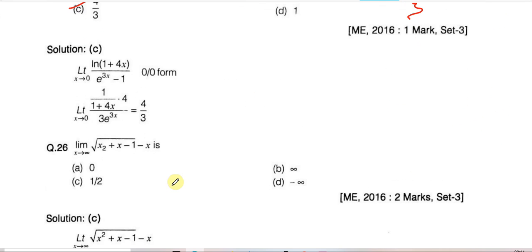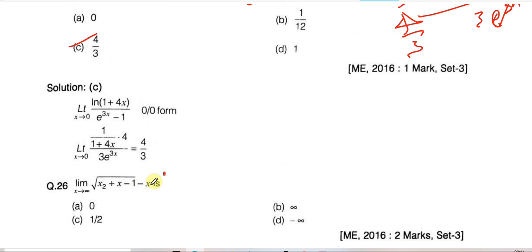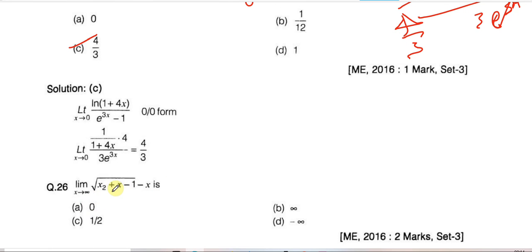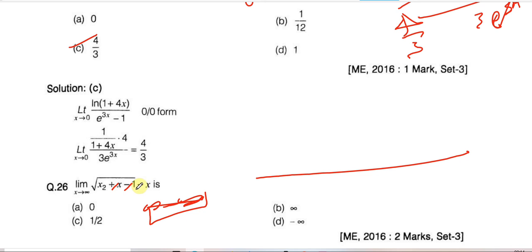So this limit is very easy. Again you put x approaching infinity, this is a very small term, you can neglect it, so it's coming x minus x, which means infinity minus infinity. So simply we will rationalize it. After rationalizing, you can calculate in mind also. After that it will be plus 1, x approaching infinity, so this square minus this square, a square minus b square term will become, so mod x